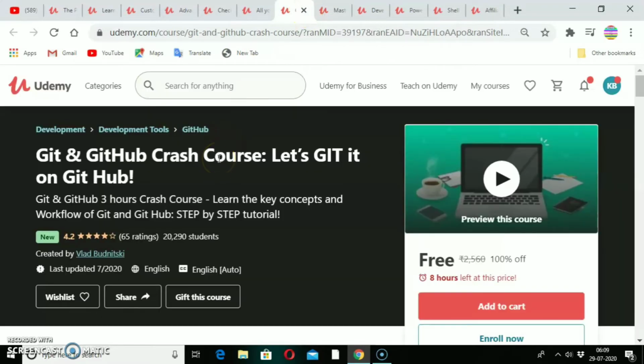Your sixth course is about GitHub. Those who want to learn GitHub, this is a 3-hour crash course. They will show you the key concepts and workflow of GitHub with step by step tutorials. Your seventh course will be